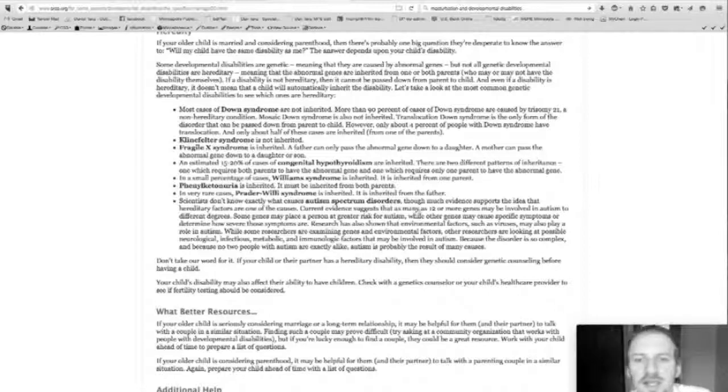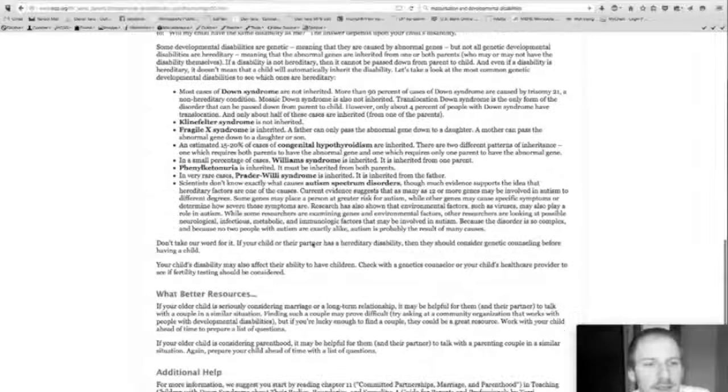Current evidence suggests that as many as 12 or more genes may be involved in autism to different degrees. Some genes may place a person at greater risk for autism, while other genes may cause specific symptoms or determine how severe these symptoms are. It goes on,